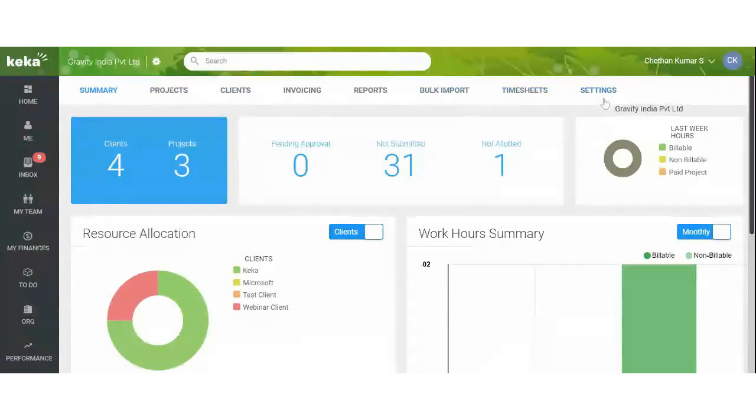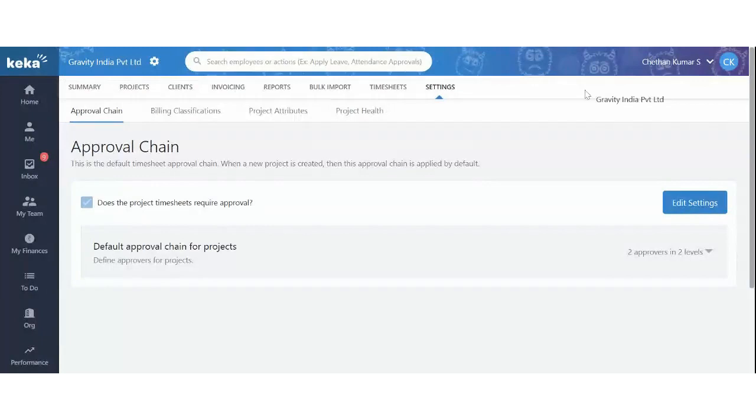The last one says settings. Settings will talk about your approval chain, your billing classification, project attributes, and project health. Project health is an add-on feature. So in case you're not finding this on your dashboard, you can drop a line to support, or you can request a call back from Keka itself.